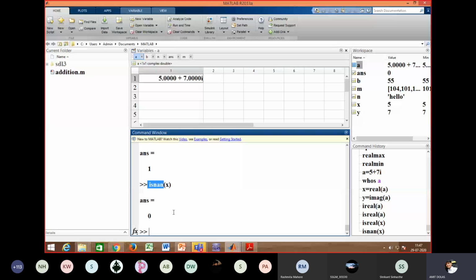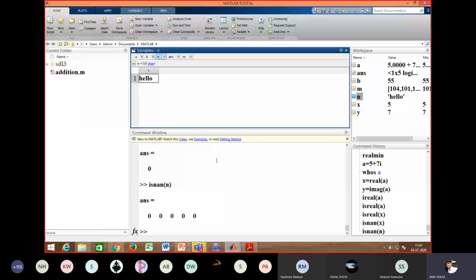Let's go for another one where there is no number. Where is there no number? In n, there is hello world, so I will put n. It also shows 0 0 0 0, false, because let's go back to n, and n is a character. We have already converted it into numbers by using int8. So we have to practice something else.